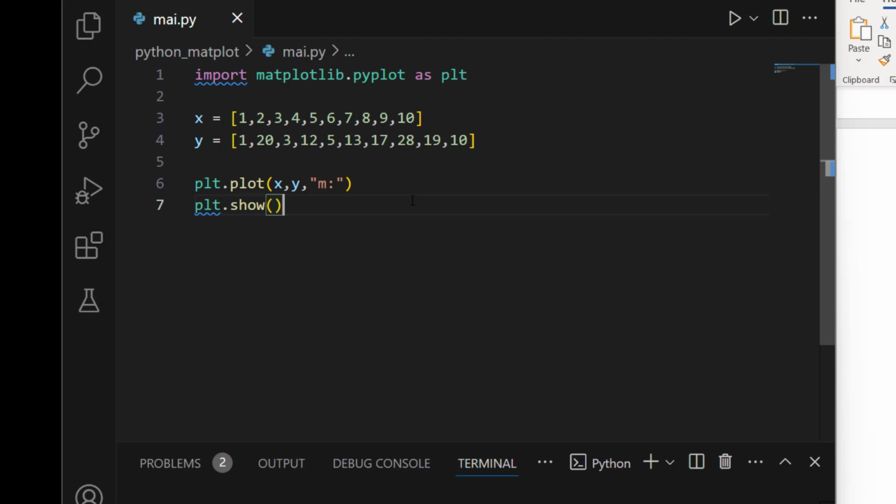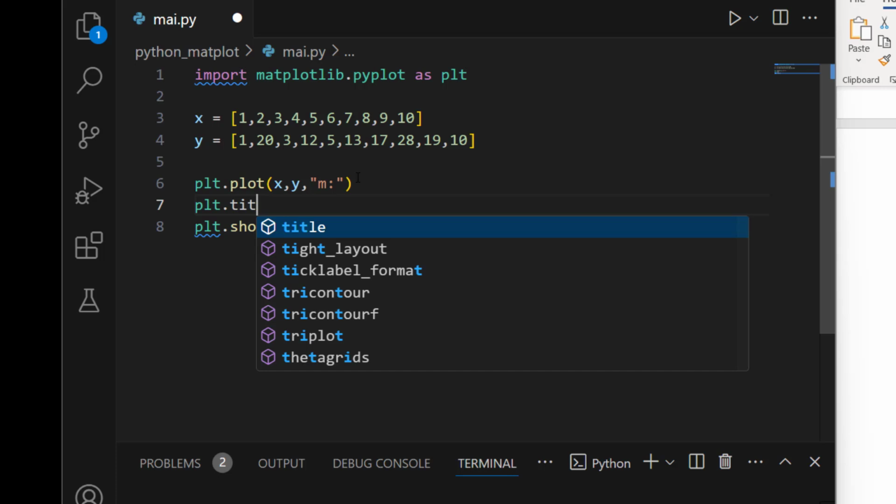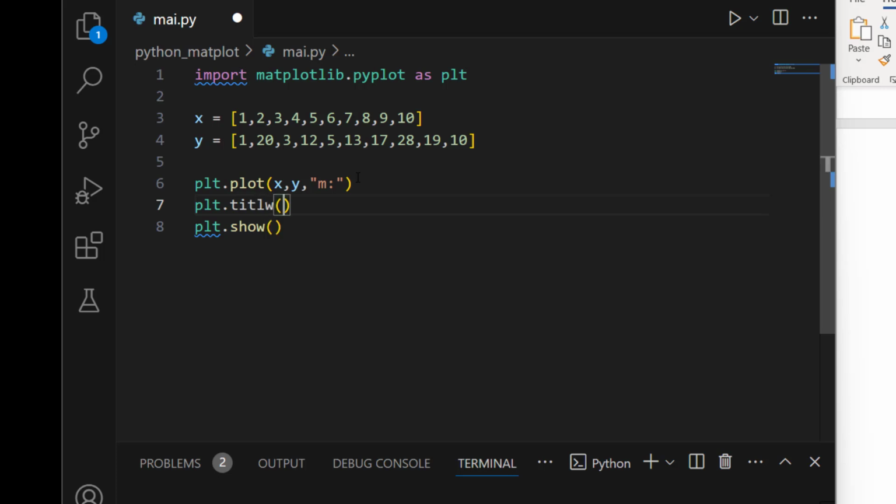Apart from that, we can also display a title for our graph. To display a title, we can come here and do plt.title, open and close parentheses. Inside you can give a title for your graph. Let me remove that double T. To give a title, let's say line chart. If I save this and run this to see what our result is,